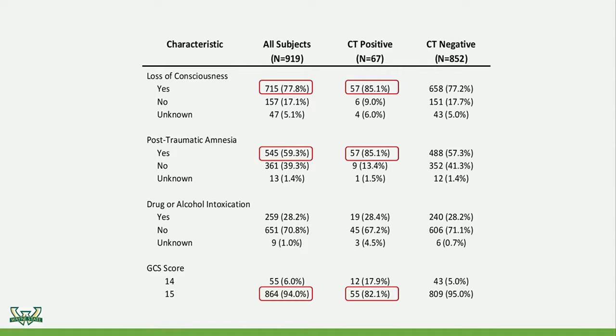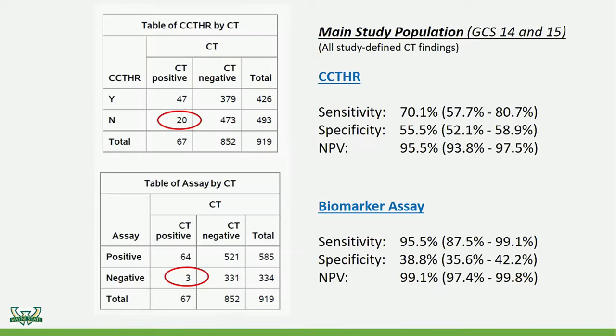Not surprisingly, loss of consciousness was noted in about 78% of the patients, but among CT positive patients, it was 85%. Post-traumatic amnesia was also quite high at 59%, but also 85% among CT positive patients. This is something I want you to remember. We had 94% of our patients with a Glasgow Coma Scale of 15, so the vast majority were Glasgow Coma Scales of 15. So for the main results, we had 67 positive CTs, as I alluded to earlier,